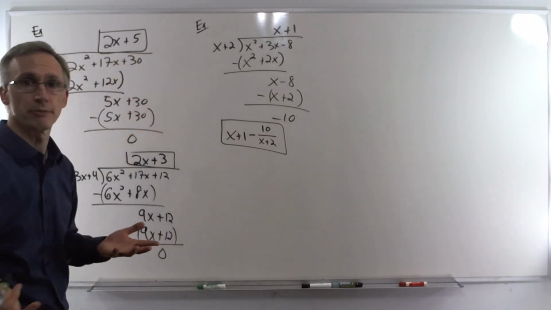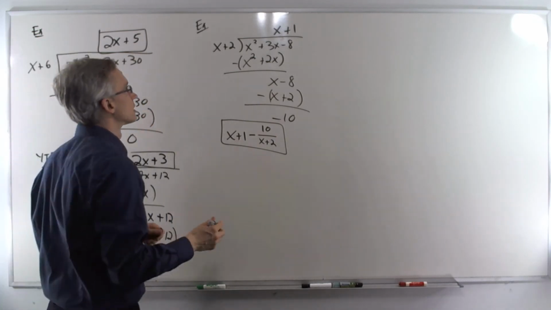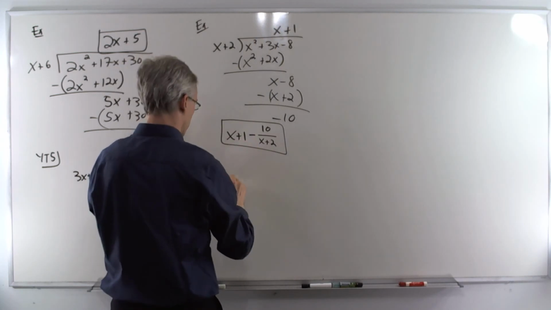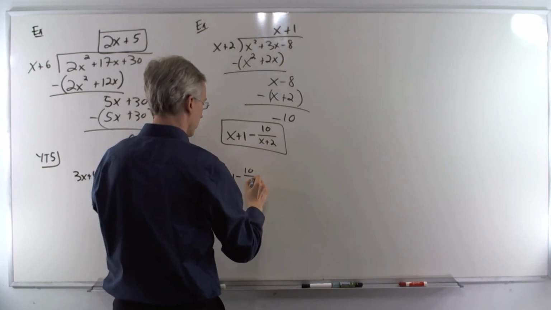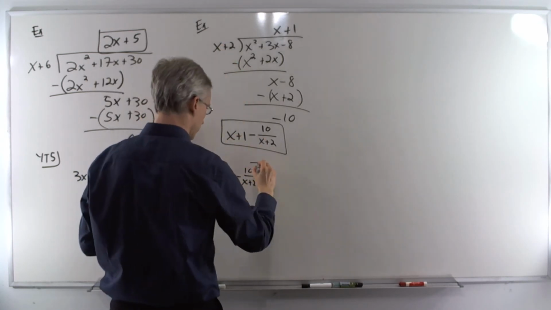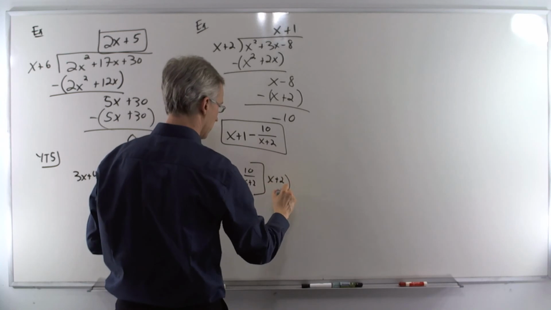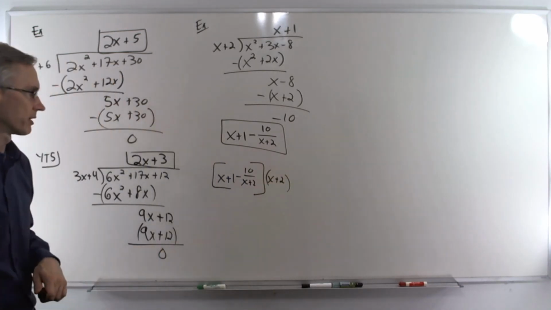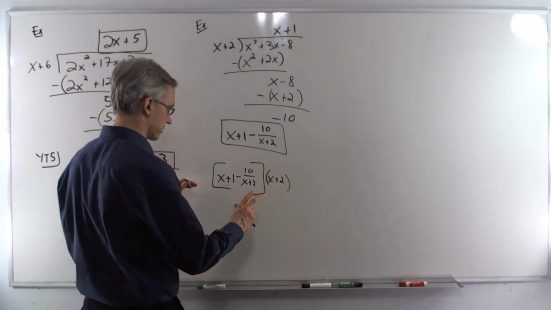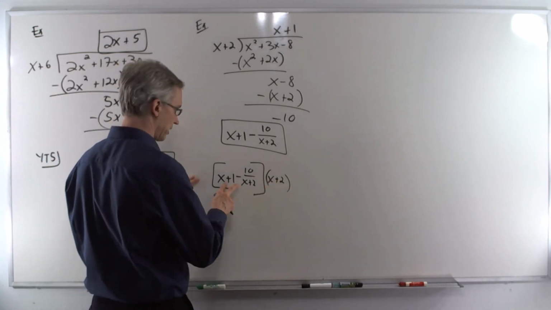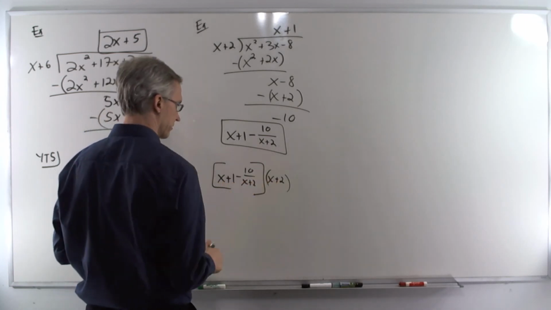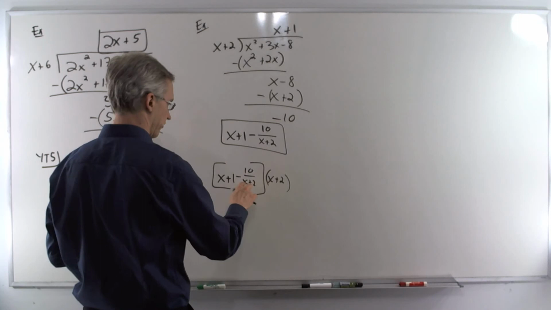All right, now we should still be able to check this. Let's try it. I'm going to take our answer, x plus 1 minus 10 over x plus 2, and multiply by the divisor. All right, so there's the operation we need to do. Now what I'm going to do is just break this up into two parts. I'm going to do x plus 2 times x plus 1, and then I'm going to do x plus 2 times this fraction. All right, so FOIL here,